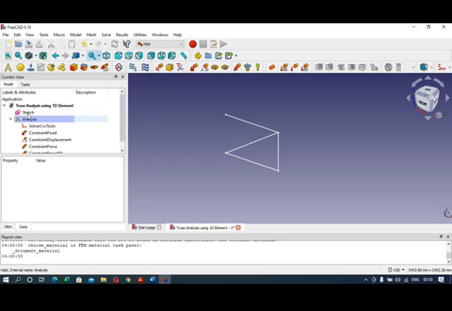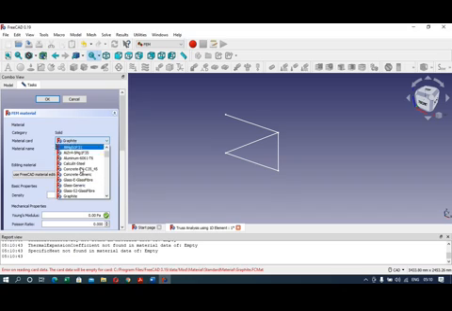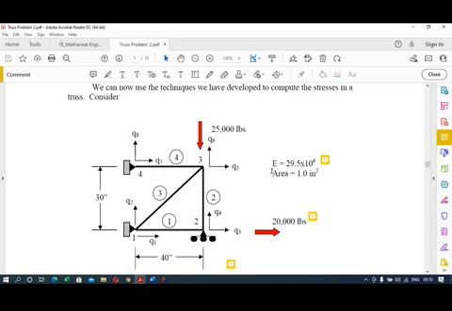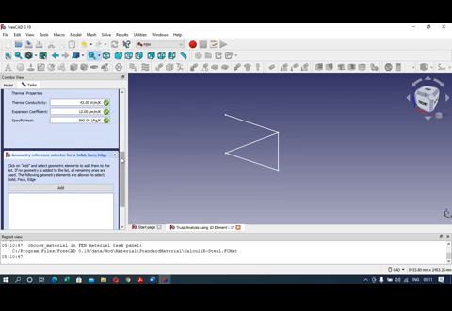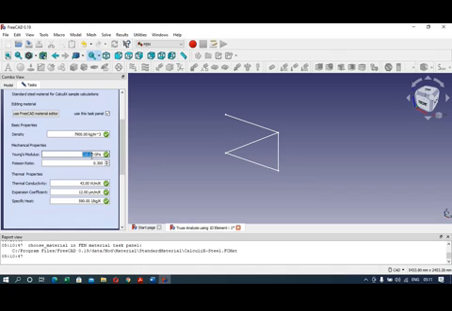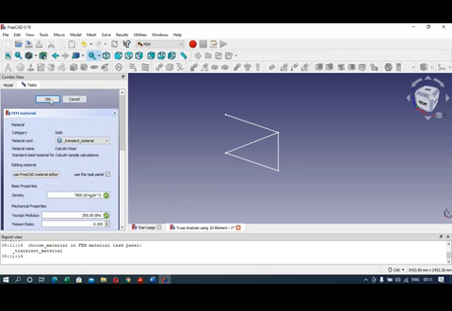So now select this sketch, then material. So here I will select the Calculix steel. The modulus of elasticity is given as 295 GPa. So here I will select this option to change the value to 295 GPa. So 295. So click on OK.